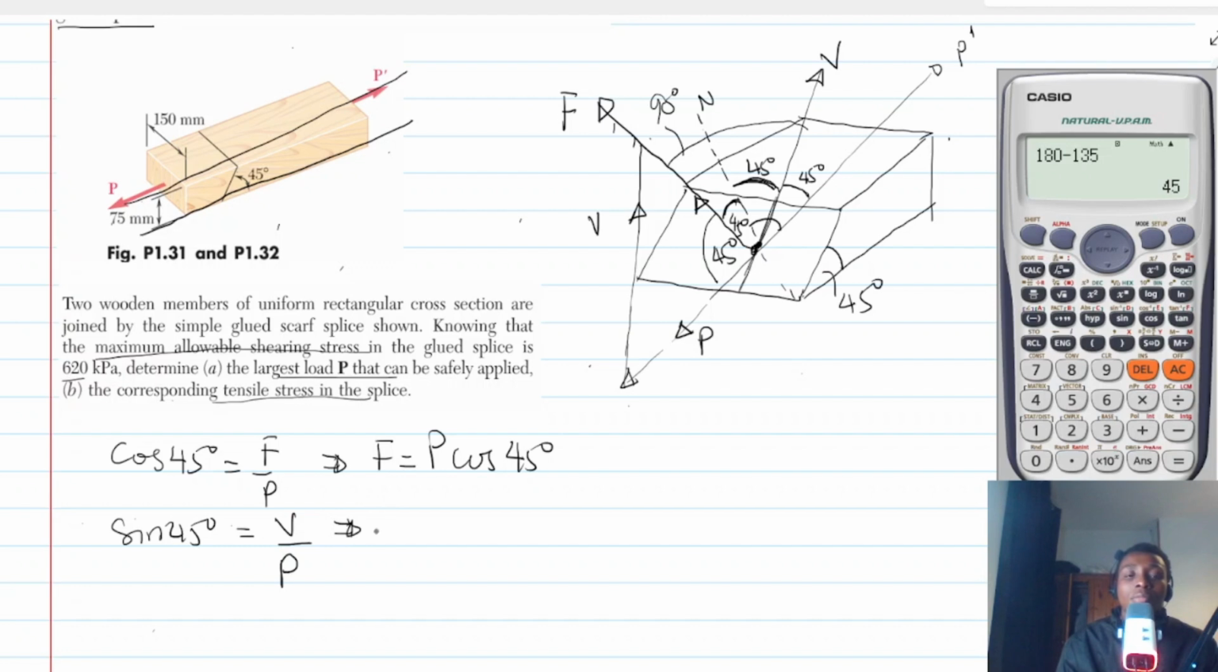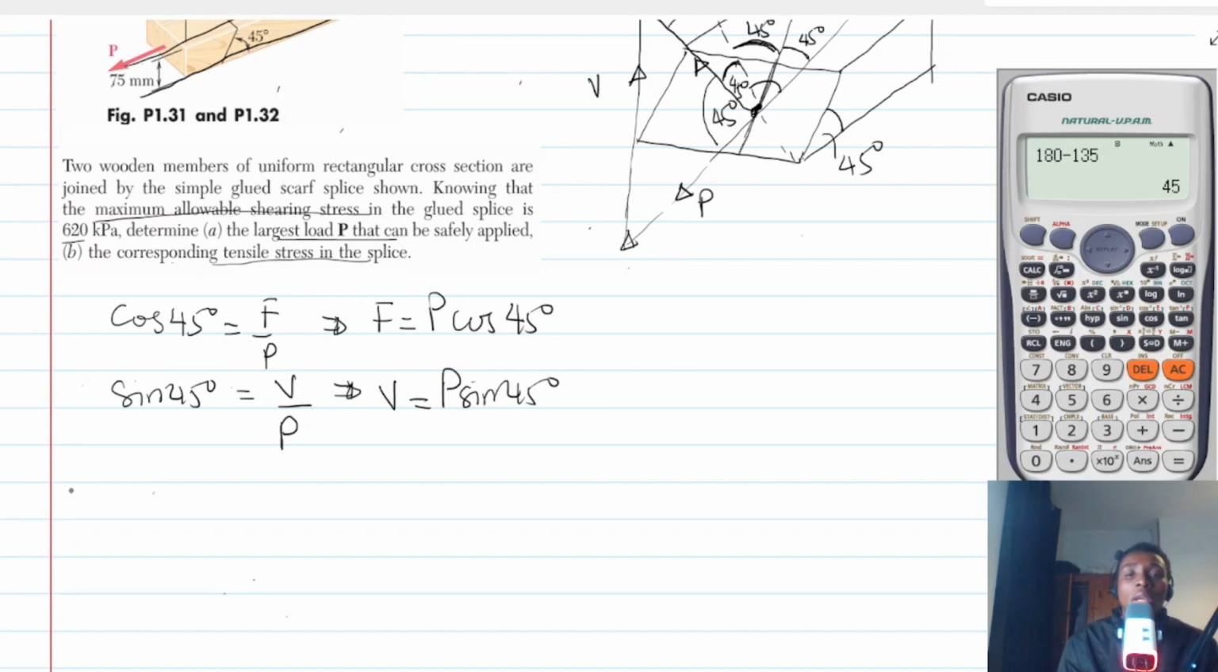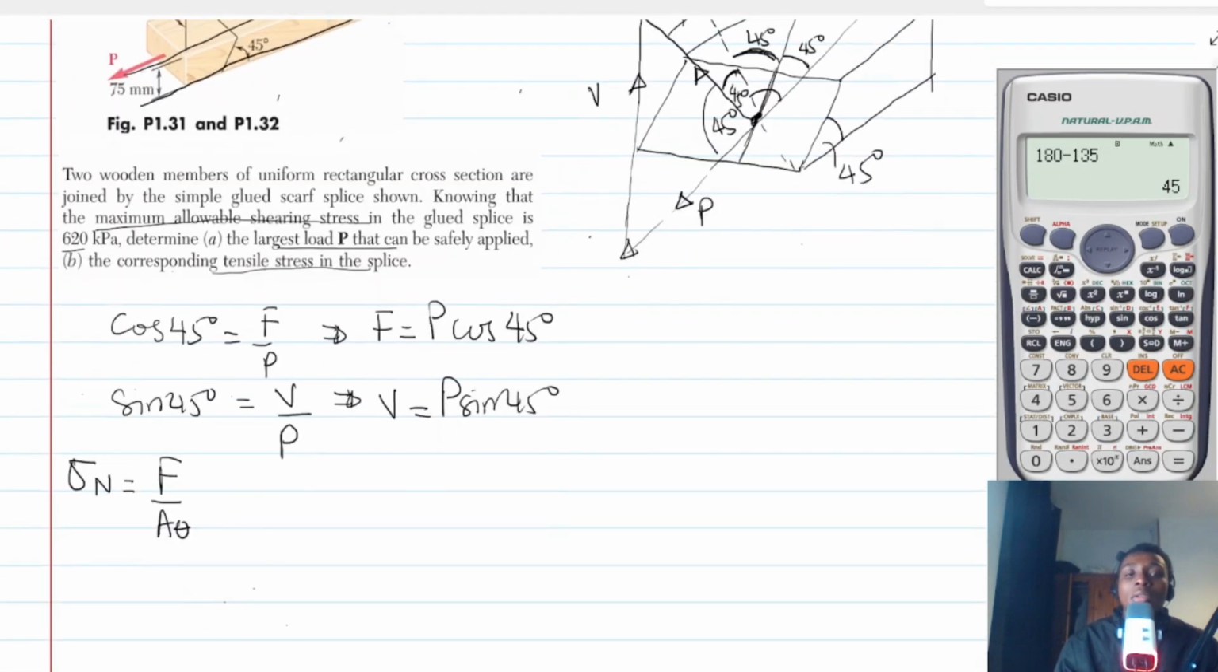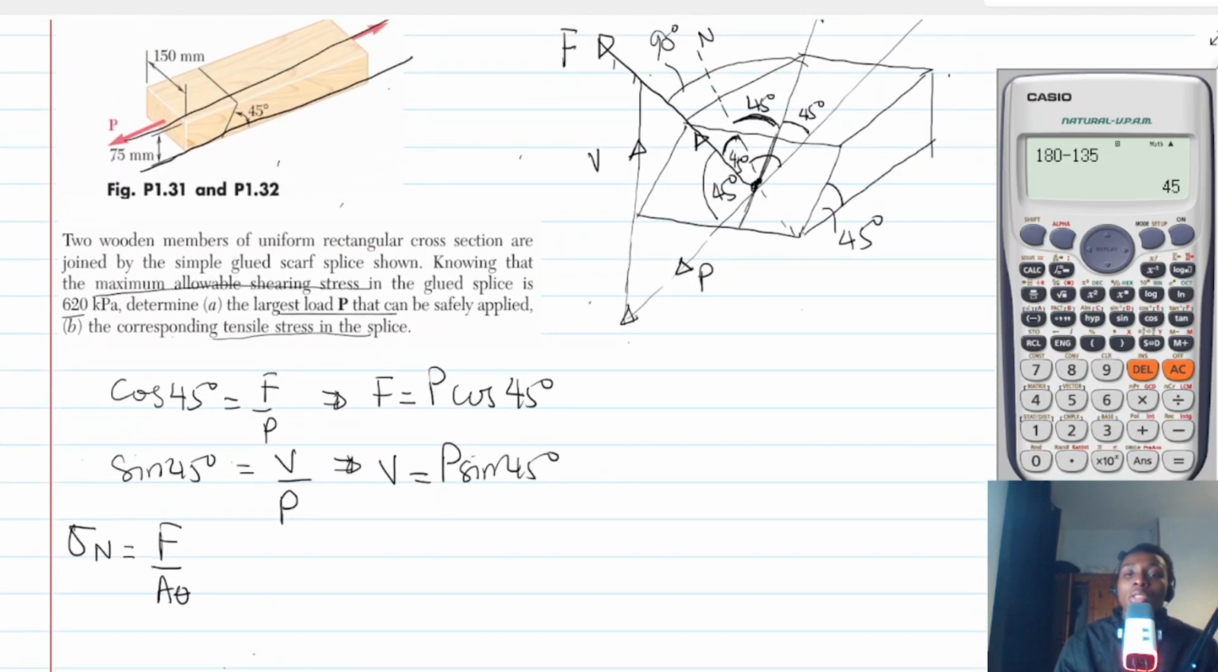So we are going to have V as P sine 45. Okay, so if we want the normal stress, it will be the normal force on the area divided by A theta. Now, if we want A theta,